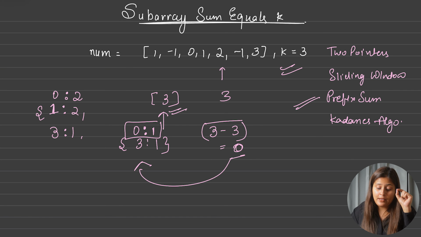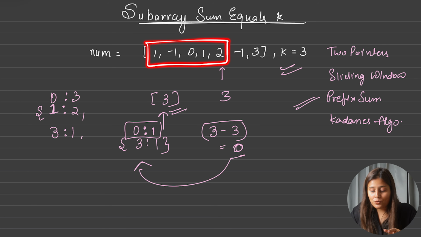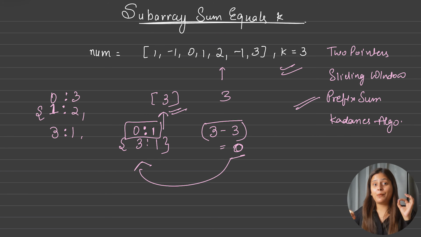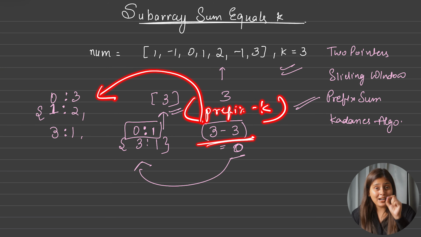So if you see here, if we would have initialized this 0 with 1, this extra 2 will become 3. Okay, yes. So now for 0 I can say the count frequency will be 3. And if you see, the total number of subarrays was 3 only. How? This first one, now the second one, and now the third one. So the total number of subarrays is 3, and that's what prefix sum minus k is holding inside the map, and that frequency value will give us the total number of subarrays count.